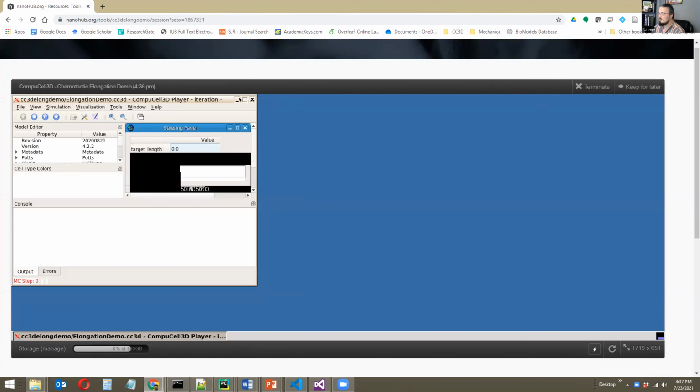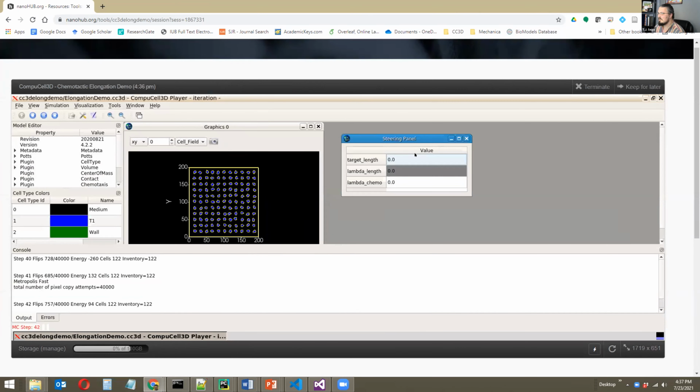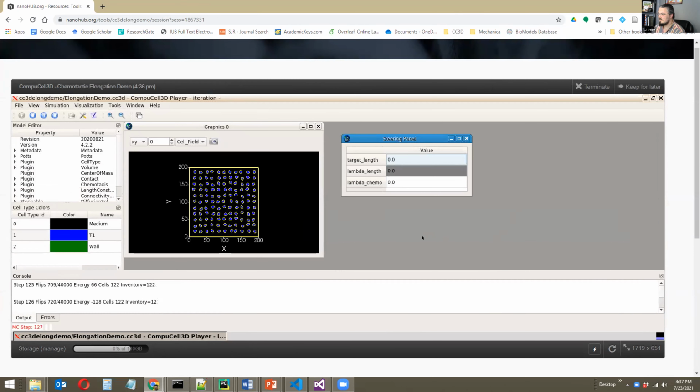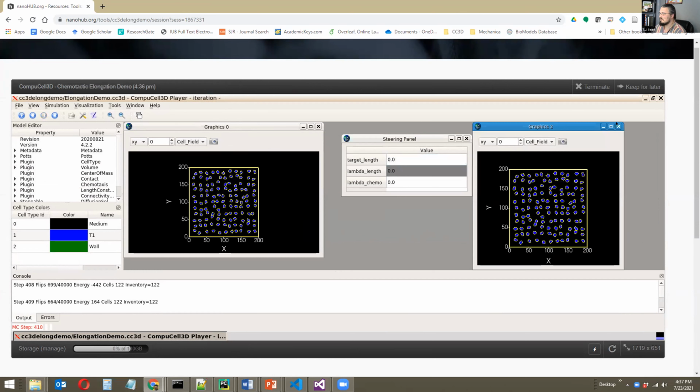So this is CompuCell on NanoHub. And this is Roland and James' model for a smaller population than what they simulated. In particular, this is Player, as described earlier. You can generate lots of additional graphics rendering and things like that.